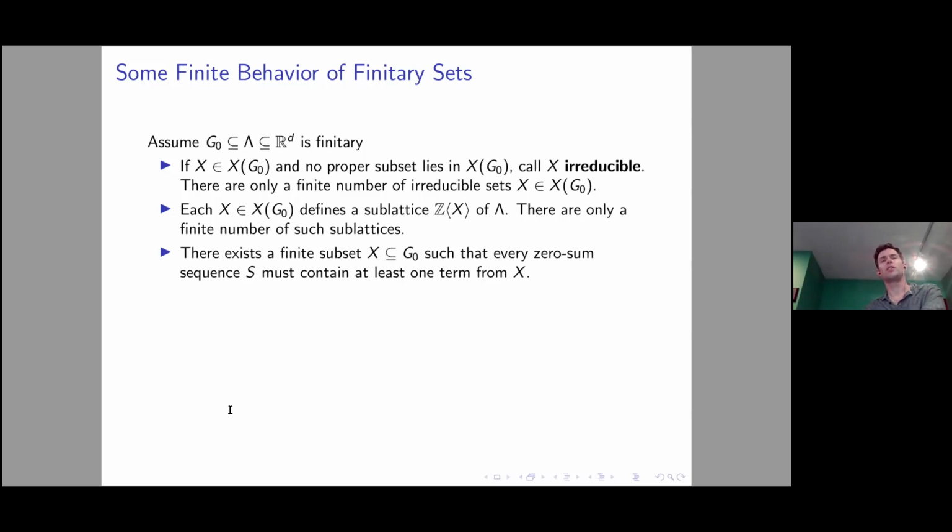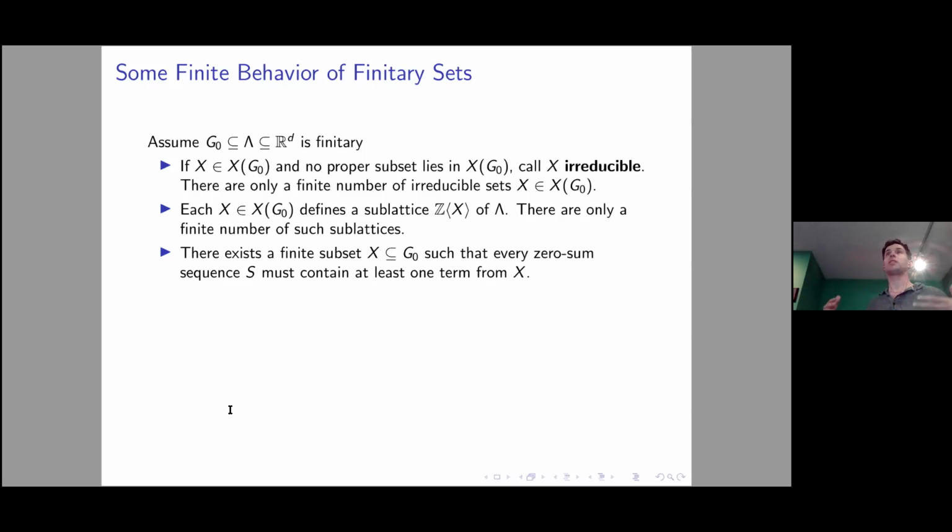Here's one that ties in with the zero-sum theory, particularly for those that are studying zero-sums. It's kind of interesting. Again, when we're looking at these zero-sum sequences, the behavior even of the minimal zero-sums can be quite a bit more complicated. For instance, for the minimal zero-sum over the real numbers, those minimal positive bases, because they consist of a linearly independent set plus one more element, there's never more than d plus one distinct elements inside that minimal positive basis. But for a minimal zero-sum, the number of distinct terms that occur in that sequence can be arbitrarily large. There is no bound. You could have 2 million, 200 million. It can be arbitrarily large.